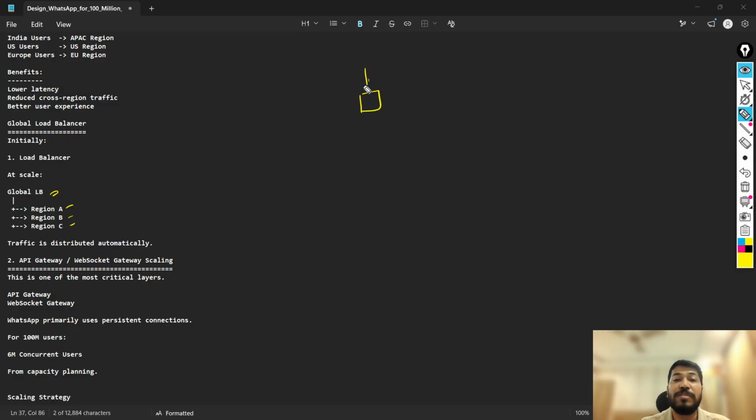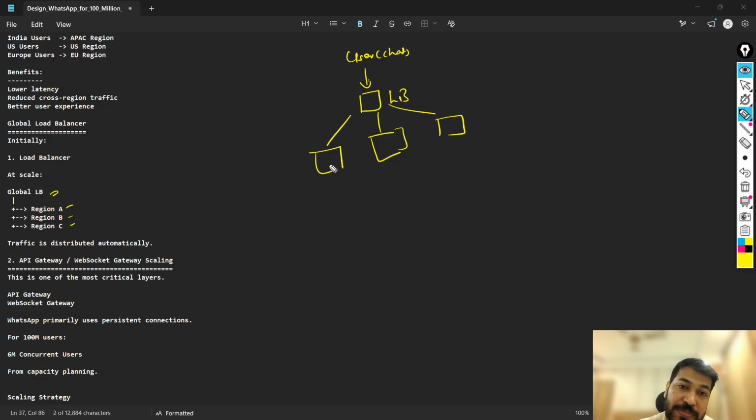So the requests coming from the user, the chat request, right? If the load balancer is there and the request is coming in, I'm just creating it region wise. Suppose this WhatsApp instance is deployed on the US region, Asia region, then the European region,